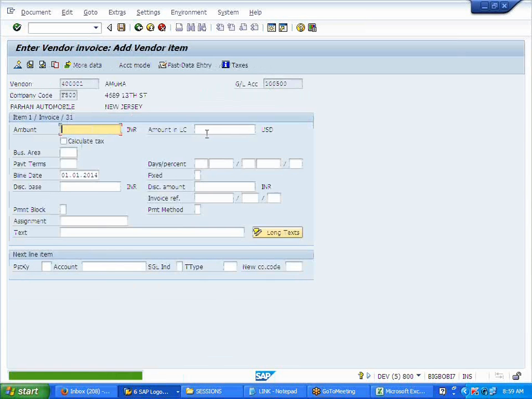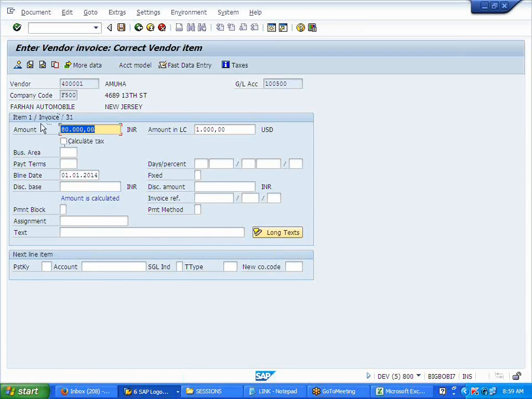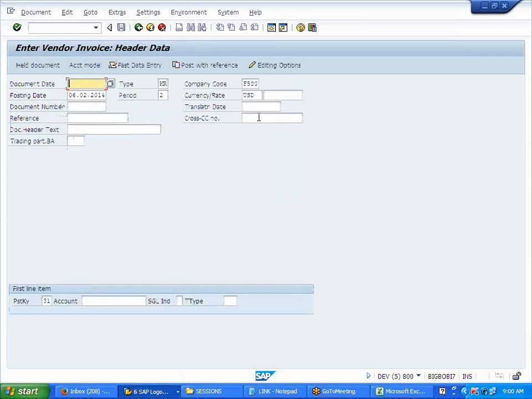Got 80,000 now? So it picks the date and then it brings the exchange rate, right? No, this time it is picking the B rate, not the M rate.